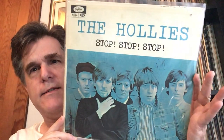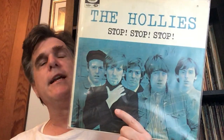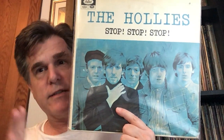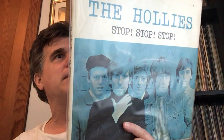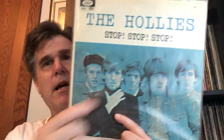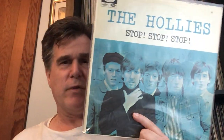Okay. Really happy to come across this one. This is the Hollies and Stop, Stop, Stop. Now, the UK original release was called, I believe, For Certain Because. But what's interesting is that both have the same cover and the same track listing. So this is a Capitol Canadian release, and that's one of the few times that you would see both the same track listing and almost the same cover other than the title changed,